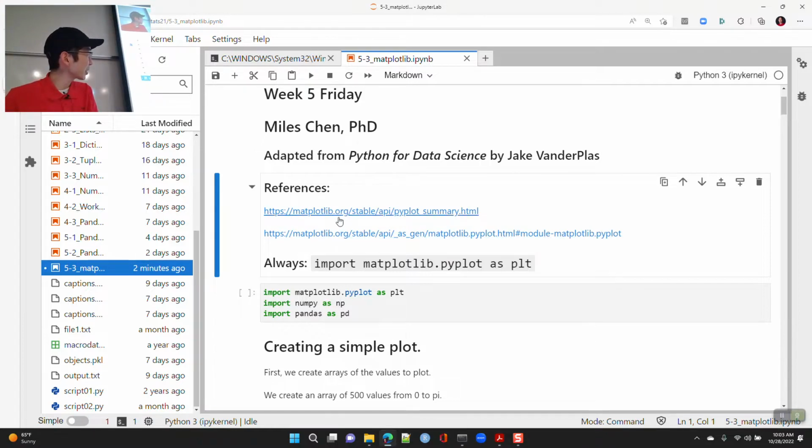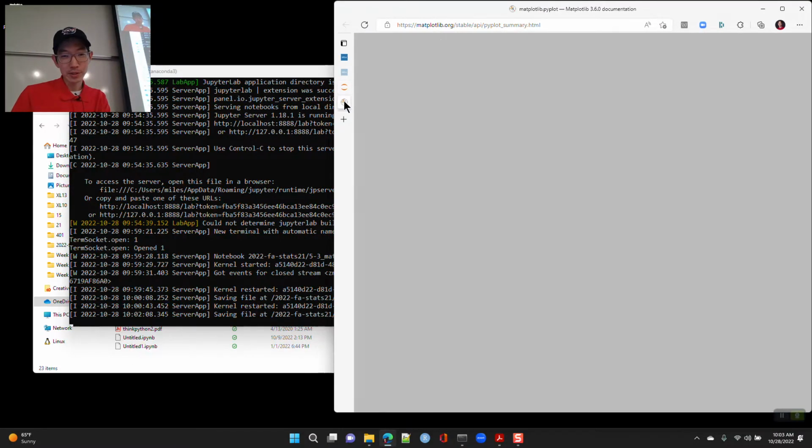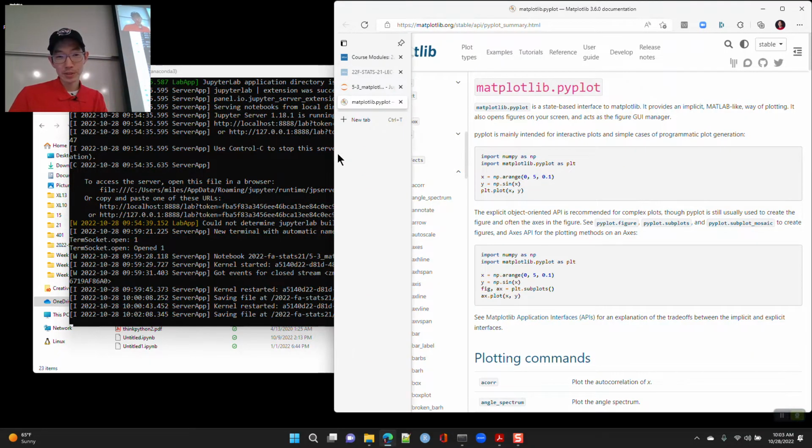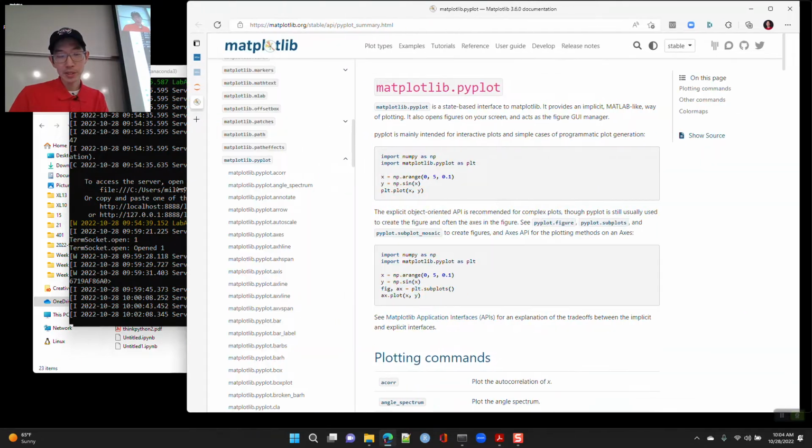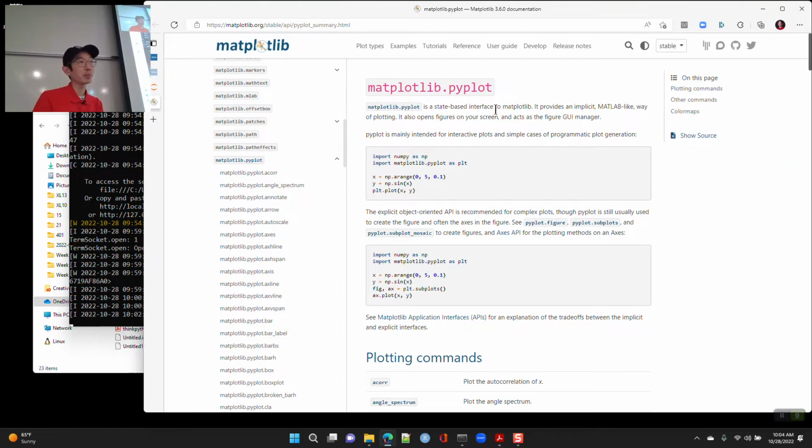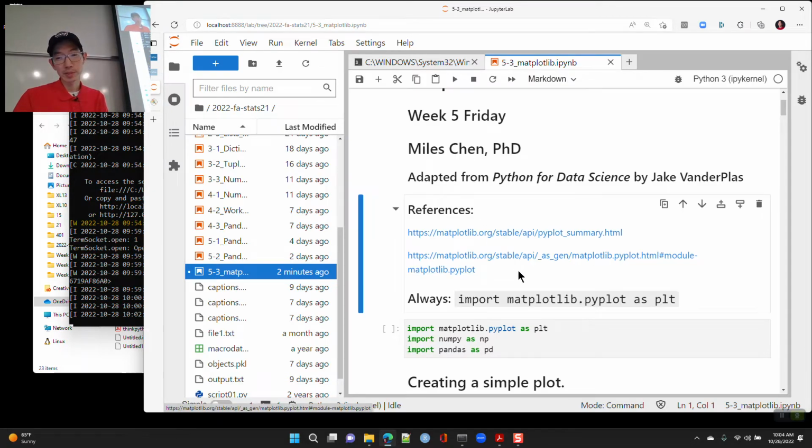This is kind of where a lot of your stuff is going to be coming from. I always recommend the original source reference. So there is matplotlib.pyplot. That's a function that we frequently use, and then there's kind of just more information about that.